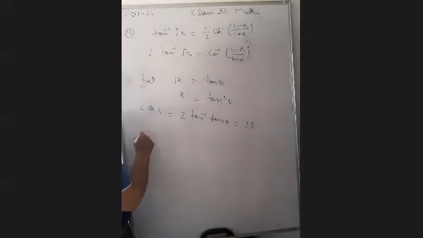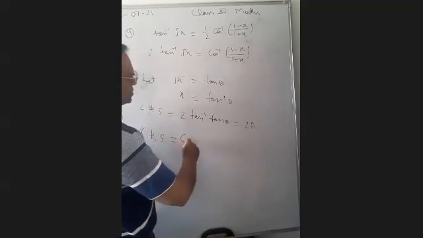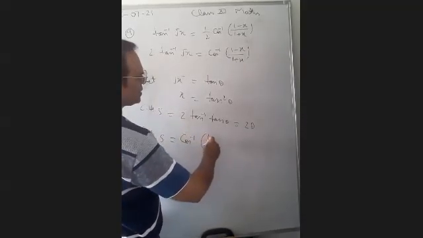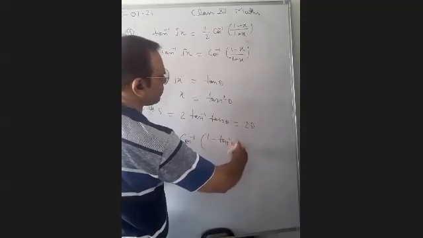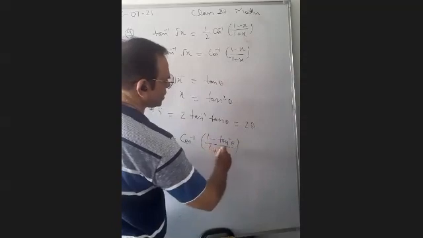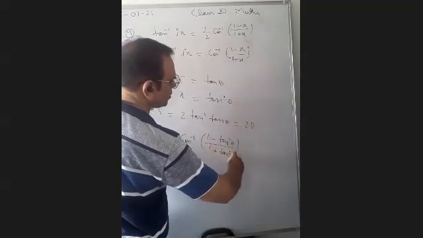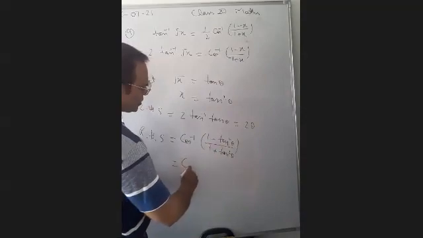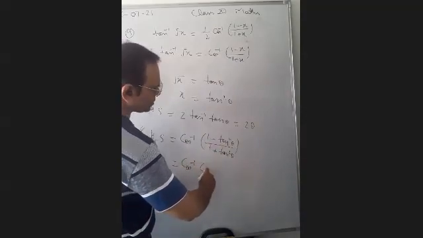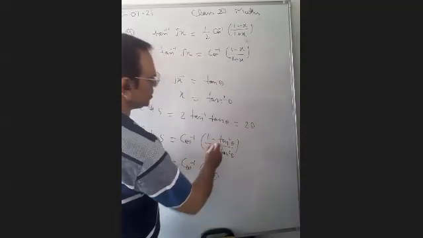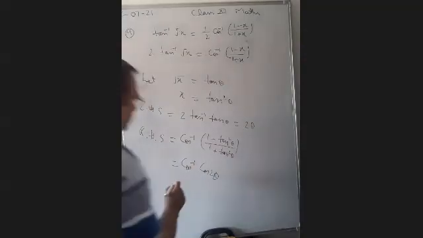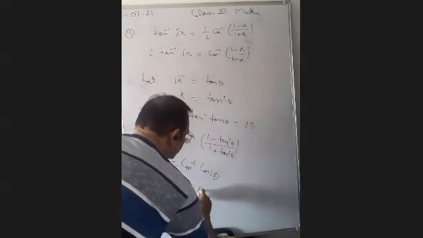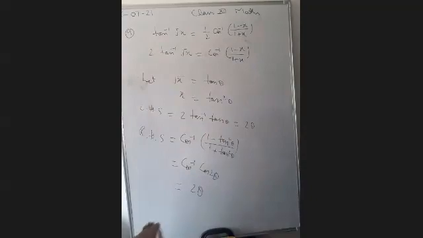Now you see the right hand side में if we are putting this value, cos inverse (1 minus tan square theta) upon (1 plus tan square theta). This is the value of cos inverse cos 2 theta. No, this is the formula of cos 2 theta, (1 minus tan square theta) upon (1 plus tan square theta). Then it is equal to 2 theta. है ना, तो लेफ्ट हैंड साइड इक्वल टू राइट हैंड साइड.